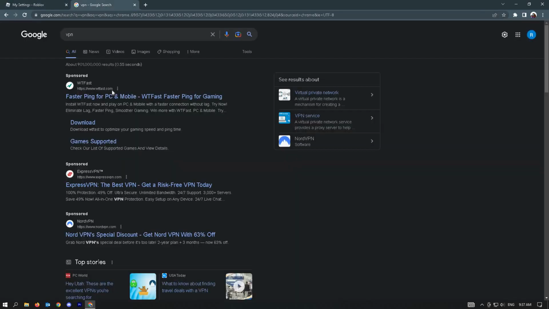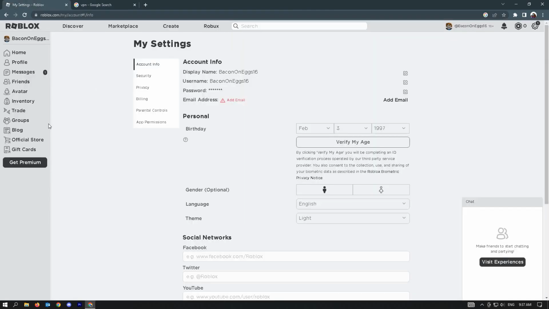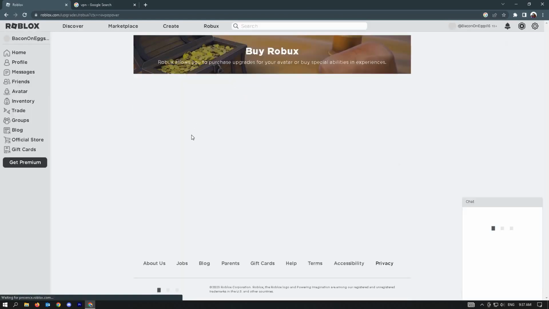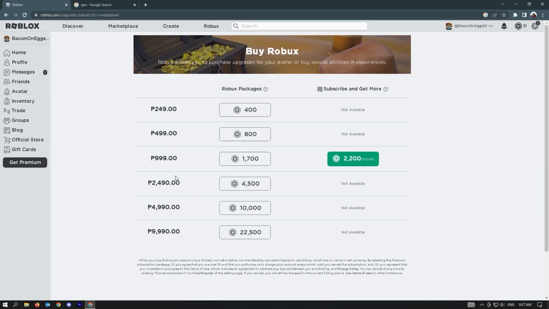So VPN actually redirects your internet connection to a different location where it changes the location. For example, for VPN, you could choose your connection to be in the US. So when you connect to the US and log into your Roblox account, that should change your currency for that. So when you check, it should turn into dollars if in the US, or if in India, it'll be changed to rupees